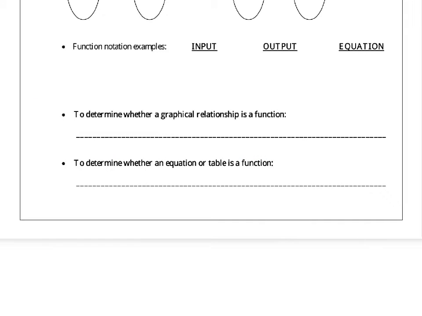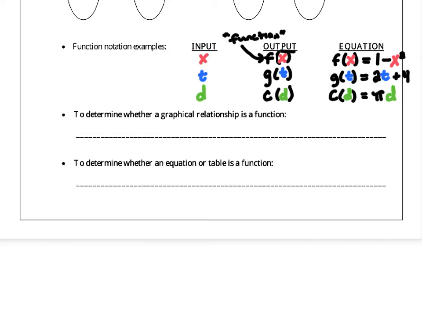So when you write equations as functions, you use a special notation so we can identify already that the equation is a function. So what you'll see are 3 columns. First column has input variables, the second column has our outputs, and then the third column are example equations, all using what we call function notation. The most common one, obviously, is f of x, f standing for function. So if you see something like f of x equals 1 minus x squared, there is no question it